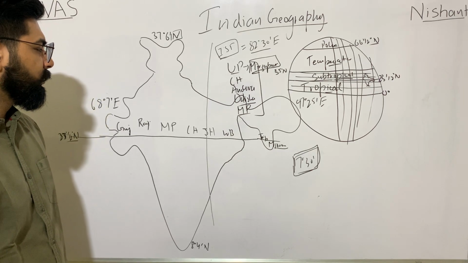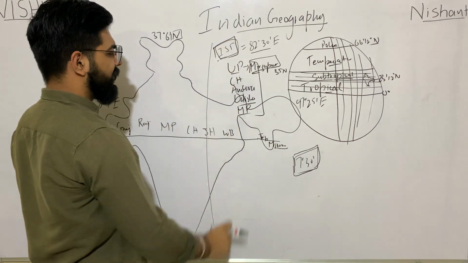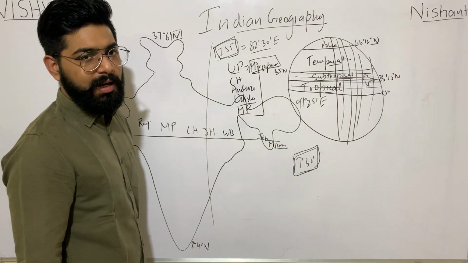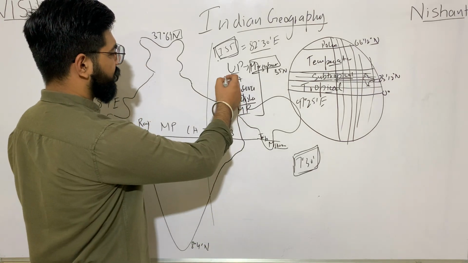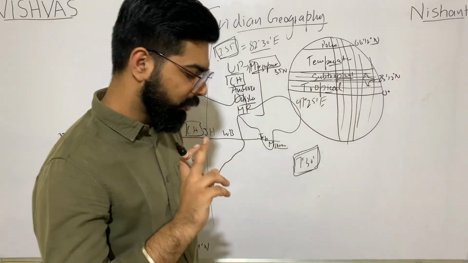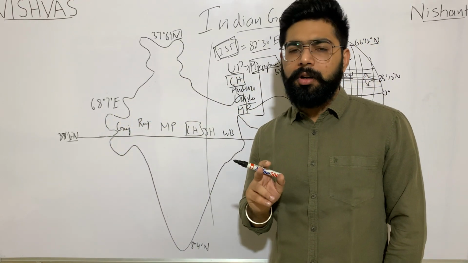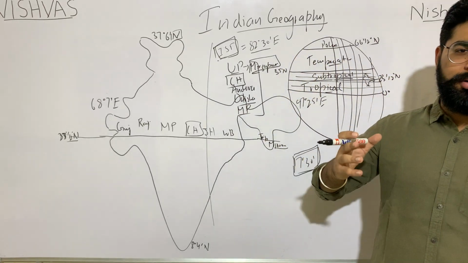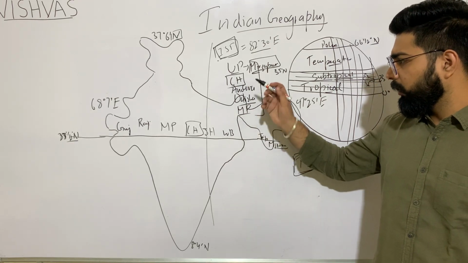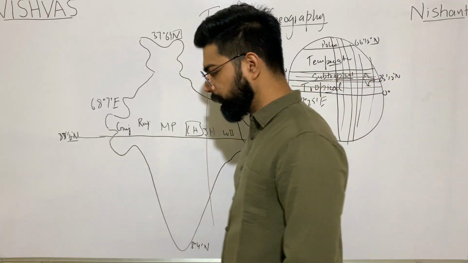A question may be asked that the IST and the Tropic of Cancer converge in the state of Chhattisgarh. It's not MP, it's not Madhya Pradesh. It may seem like MP on the map, but if you want to observe it properly, you can use Google Earth to check in which state they converge.